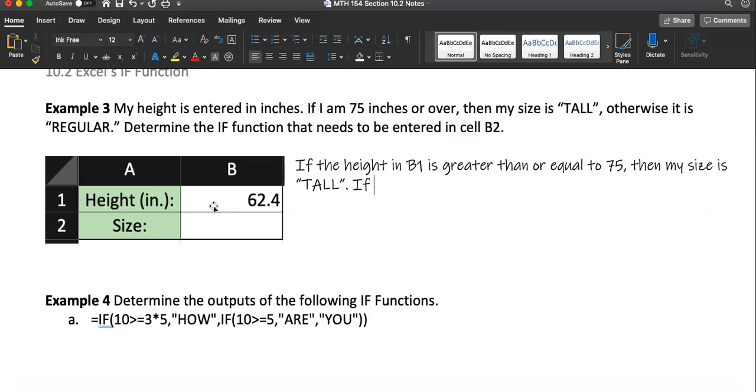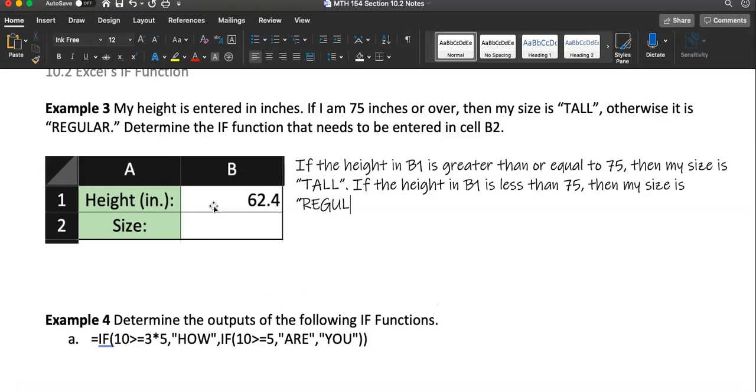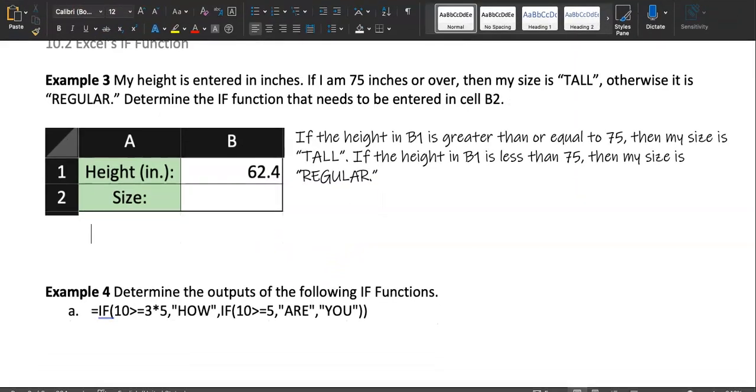If, the other way around, the height in B1 is less than, not equal to, less than 75, then my size is regular. That's what I want my if function to say, right? So let's go ahead and type up the if function